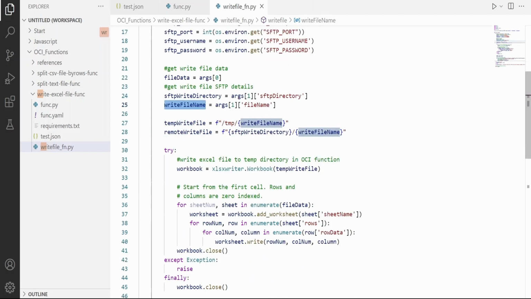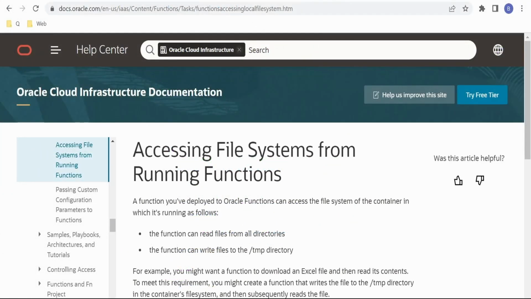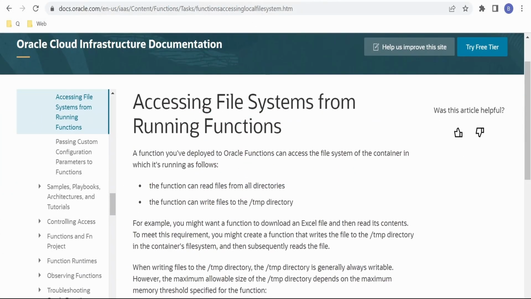Next is a file name. It will pull and store it in a write file name. That is nothing but the final Excel file name. This is the temporary write file which will be used to write into an OCI temporary file location. In order to know more about the temporary directory available in OCI function, you can have a